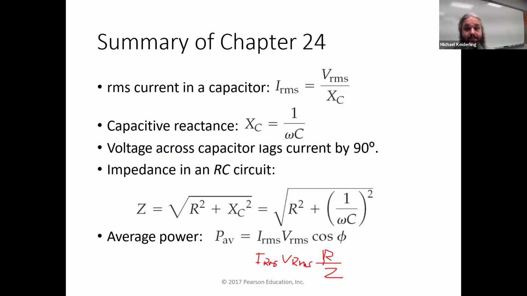The root mean square current in a capacitor is voltage root mean square over capacitive reactance, which is 1 over omega times the capacitance. And the voltage across a capacitor will lag the current by 90 degrees. So the impedance in an RC circuit is the total impedance in an RC circuit, and the total, if you have an RC circuit,